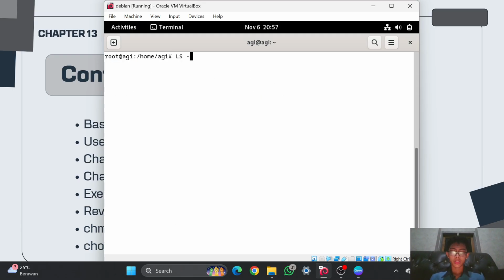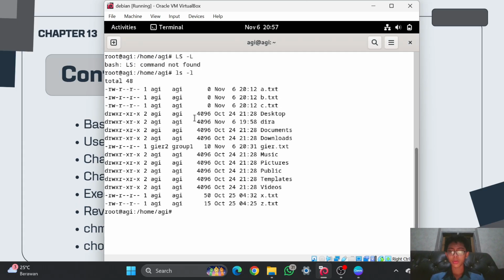Sorry guys. So here I want to change the ownership of this a.txt to gr2. To use it, you can use chown, and then the name of the user that you want to give the ownership to, which is that I want to make gr2 the owner of this file.